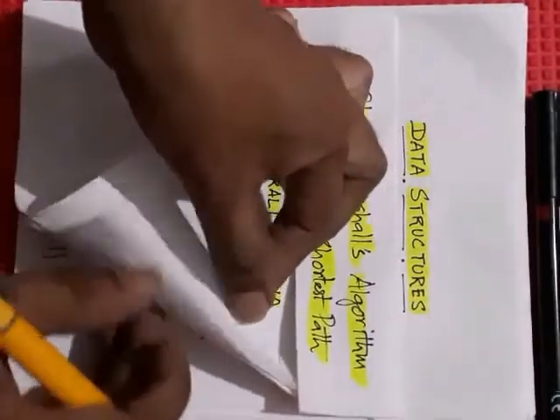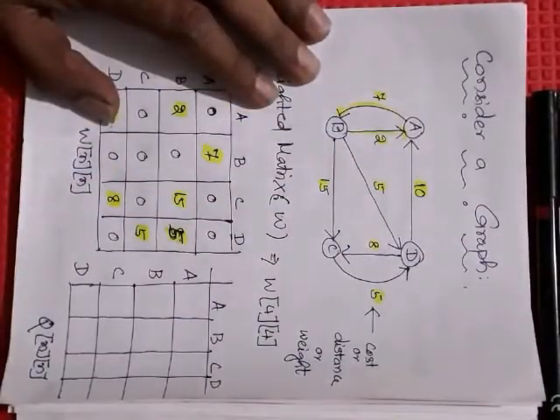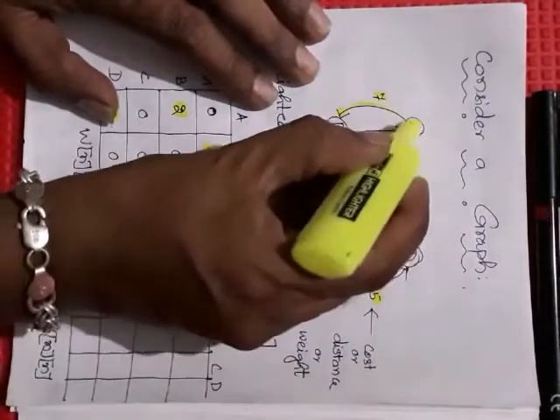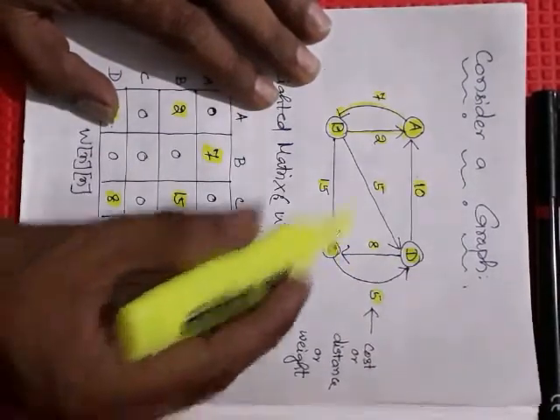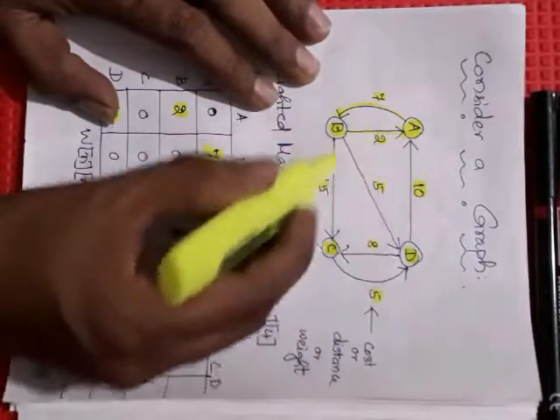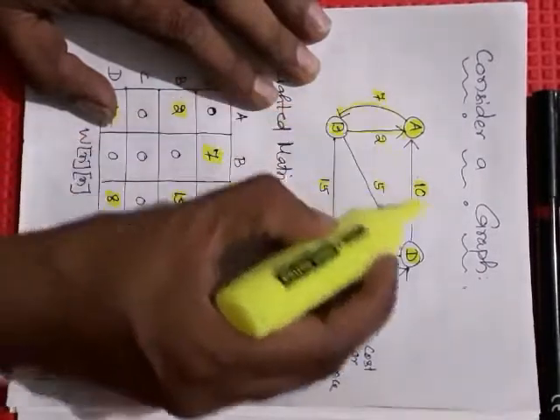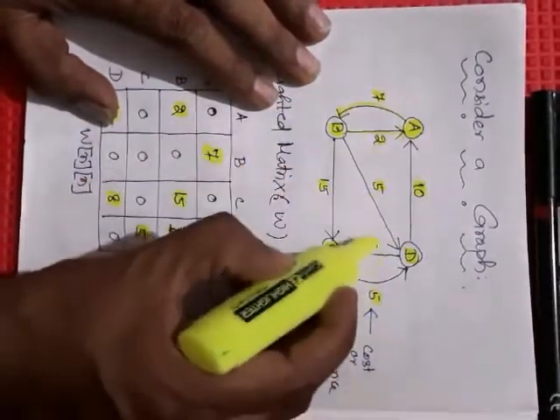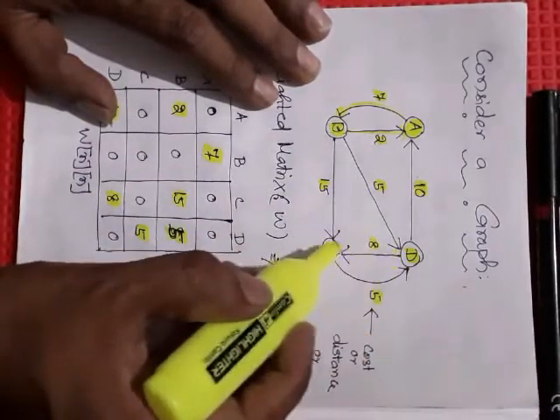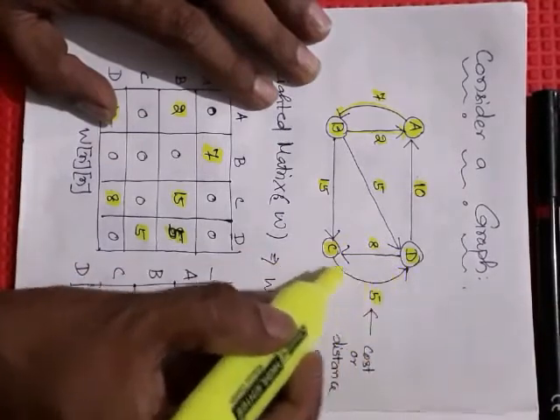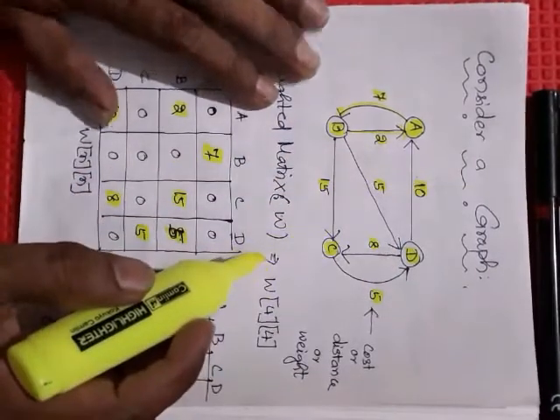Okay, say there is a weighted graph given. This is my weighted graph. In this weighted graph we have four nodes, A, B, C and D, and for each node there are some edges. Here I have taken a directed weighted graph. You can see for every edge there is some value given, say 10, 7, 2, 5, 8, 5, 15 like that. These are nothing but the weight or distance between two nodes. Say the distance of this one is 5, its weight is 8, its weight is 5, its weight is 10, something like that. That is the distance.